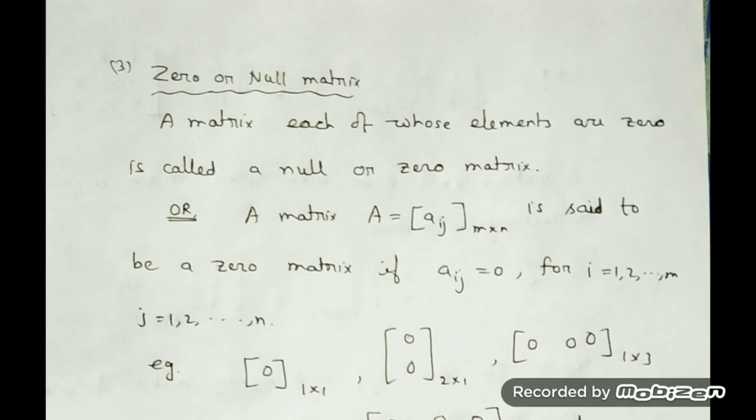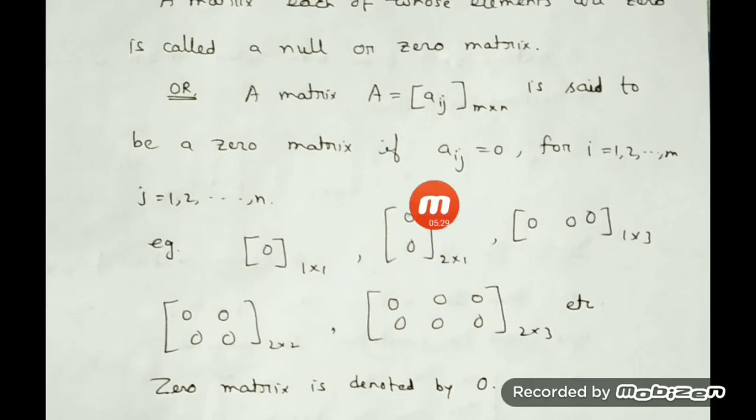Okay, so I have given here some examples. This is a row or column matrix where every element is 0, so this is a zero matrix. This is an example of a zero matrix. It's a column matrix also, with 2 rows and 1 column. Since every entry is 0, this is also a zero matrix. This is also a zero matrix, and it is also a row matrix. Here is a matrix with 2 rows and 2 columns, so this is also a zero matrix. It can have any order, but every entry must be equal to 0, and the zero matrix is denoted by the symbol 0. Hope you understand what a zero matrix is.